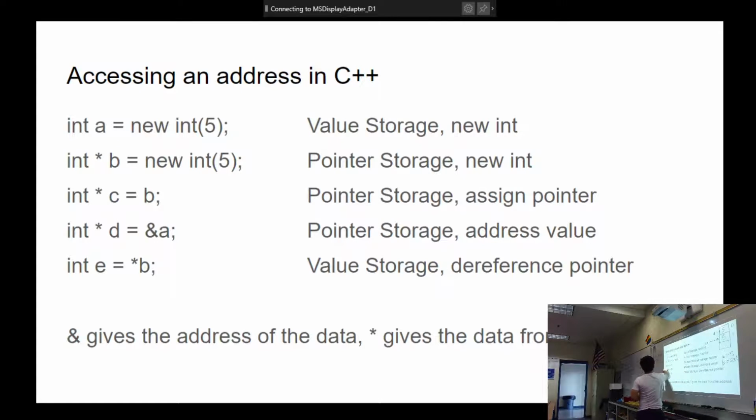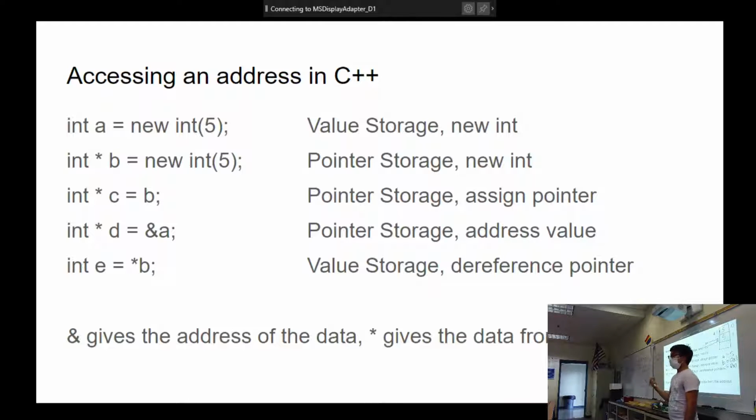Now if I say C is an integer pointer, I can also assign that to B, where B is also an integer pointer. A pointer equals a pointer. That makes sense. They're both the same data type. So C will also equal B, where C equals the pointer to this 5 here. So it references the same address location. So what would C actually be equal to here? Any ideas? 0x1. Yep. 0x1. Because it's the same location. That make sense? Are we confused at all? We're good? Nice.